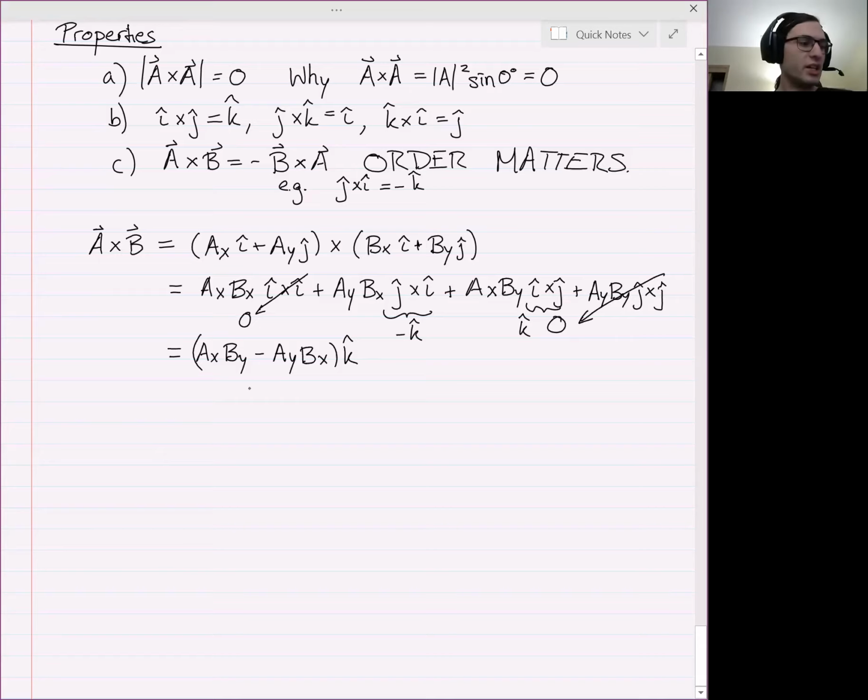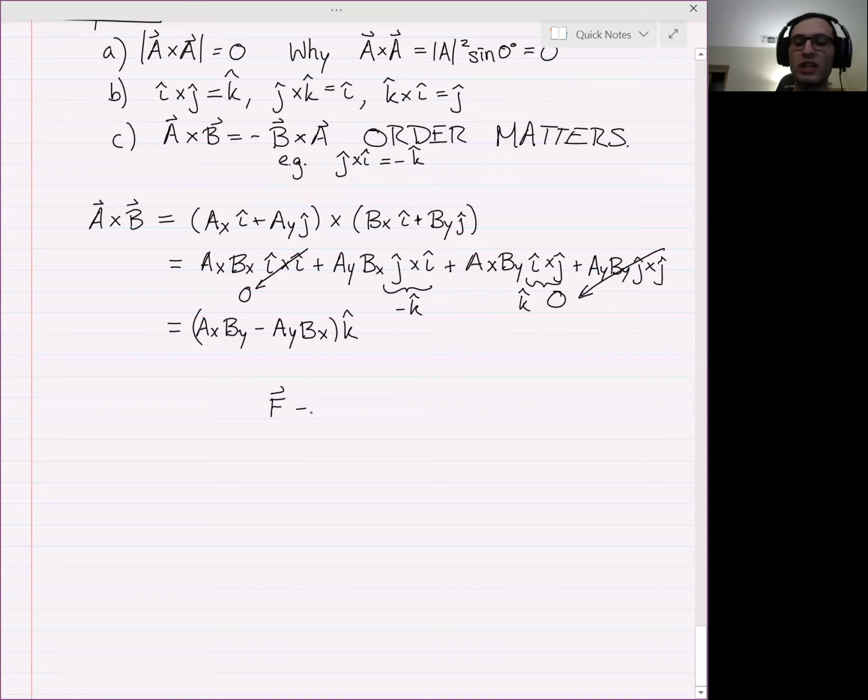Right. So the dot product is particularly useful when it comes to multidimensional, and that's not scary, like two-dimensional or three-dimensional force problems. So you might have a force, which is a vector, that points some amount in the i direction plus some amount in the j direction plus some amount in the k direction. And if you want to find, let's say the example I used before, if you wanted to find